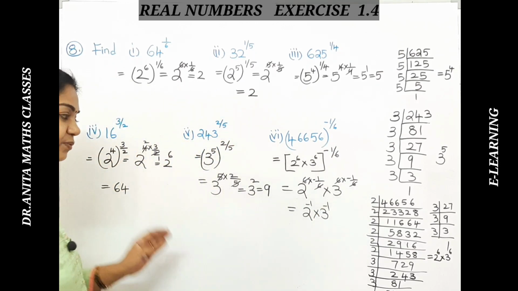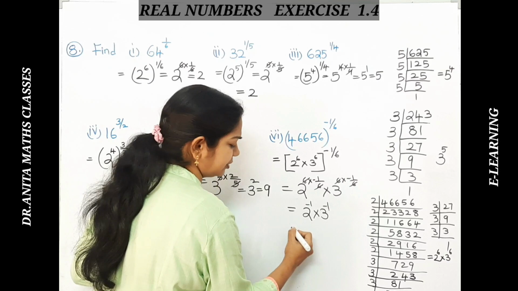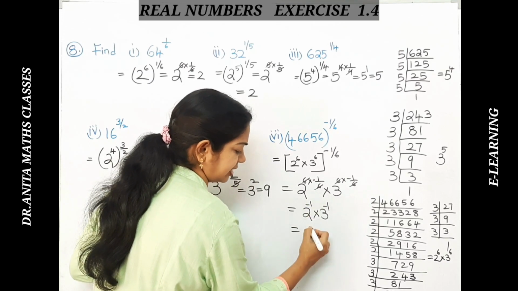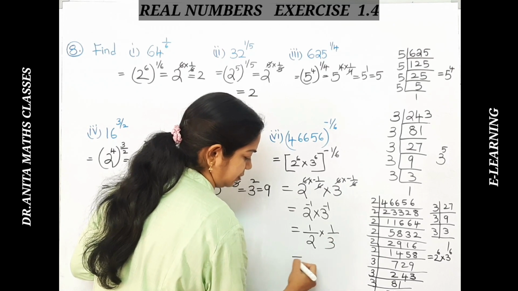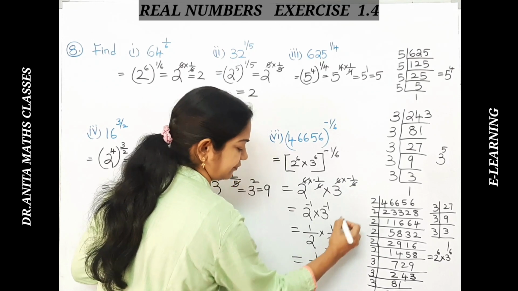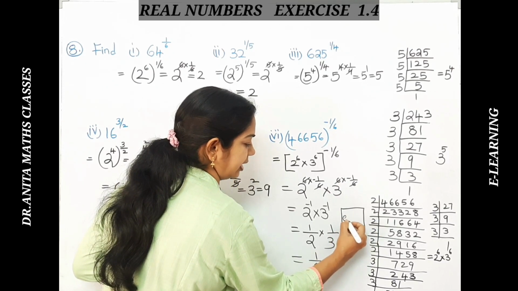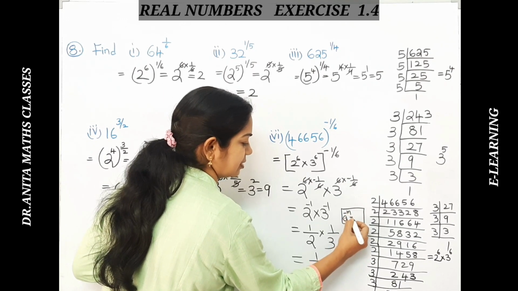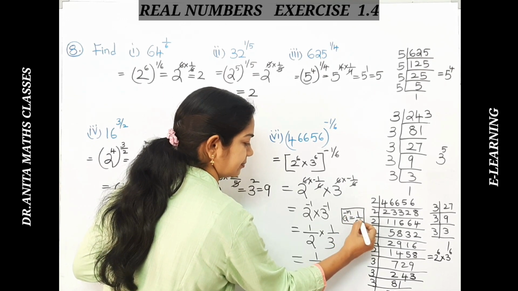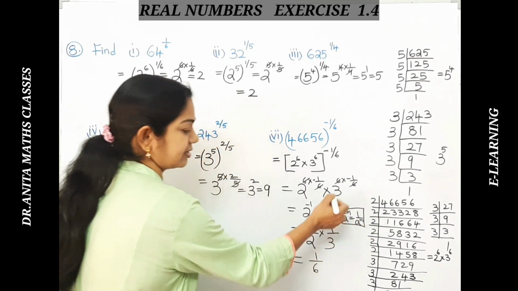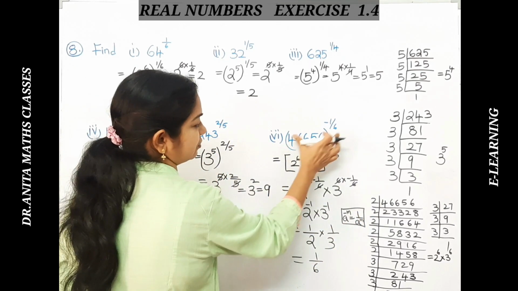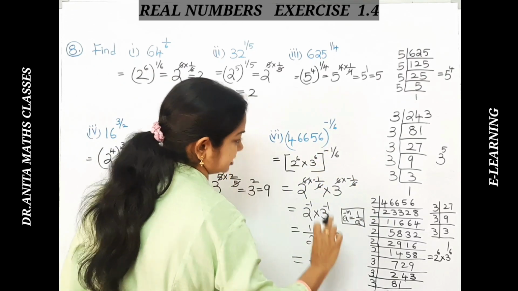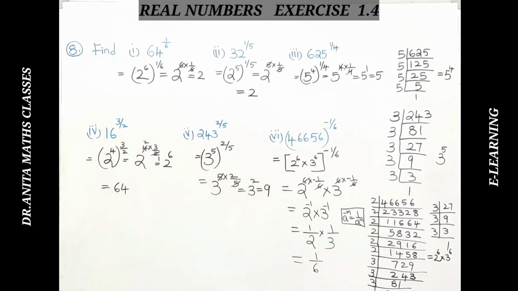So here what we can do. If you want to remove the negative sign, you get it here like this. So this is clearly 1 over 6. So what did we follow here? We followed a raised to the power of minus m is 1 by a to the m. So if a negative sign is there in the exponent, it comes down. So the simplification of this one is 1 over 6. Pause it and note it down.